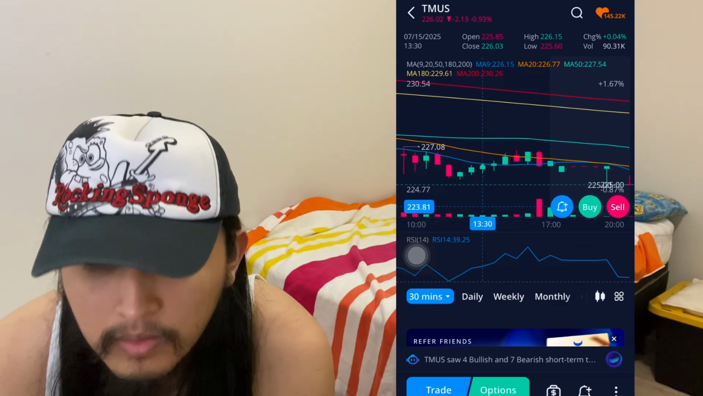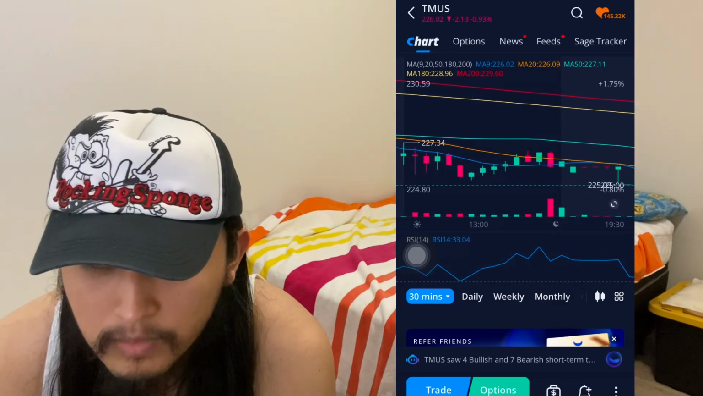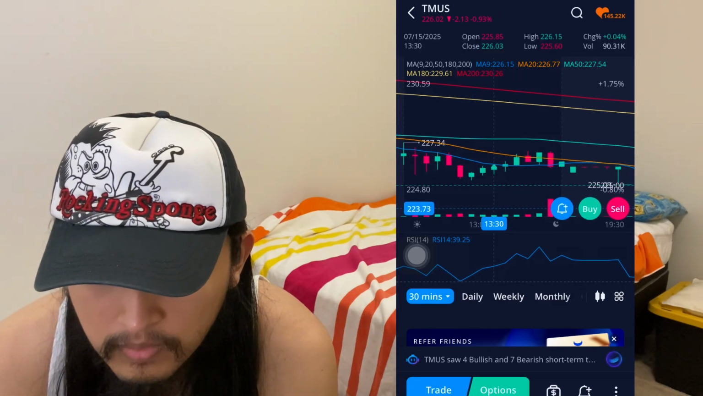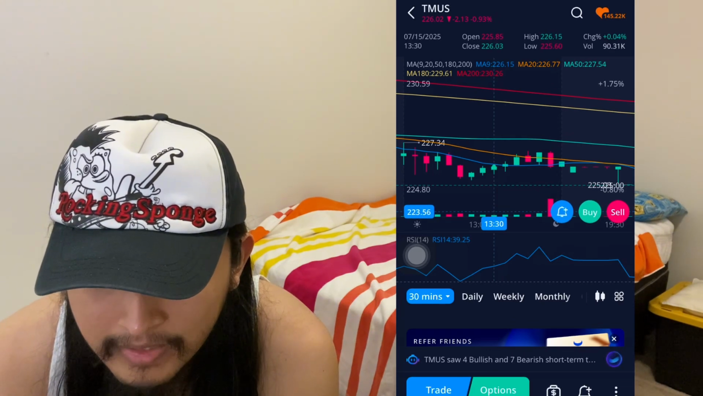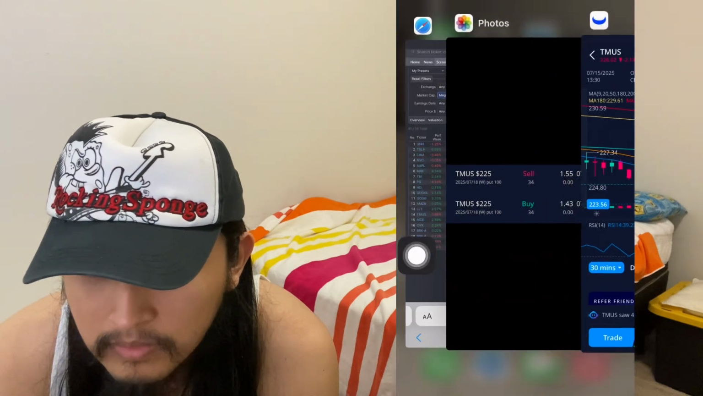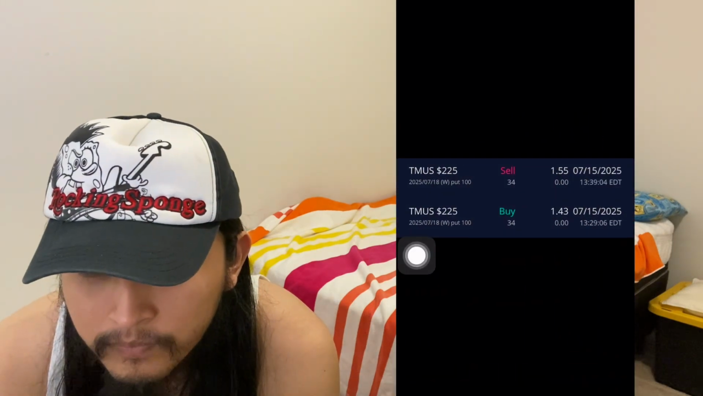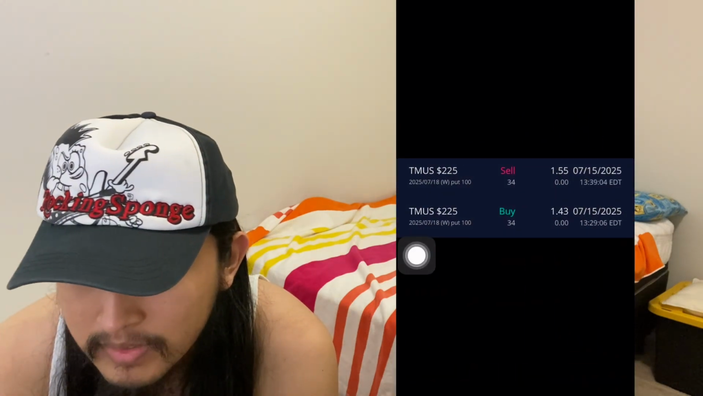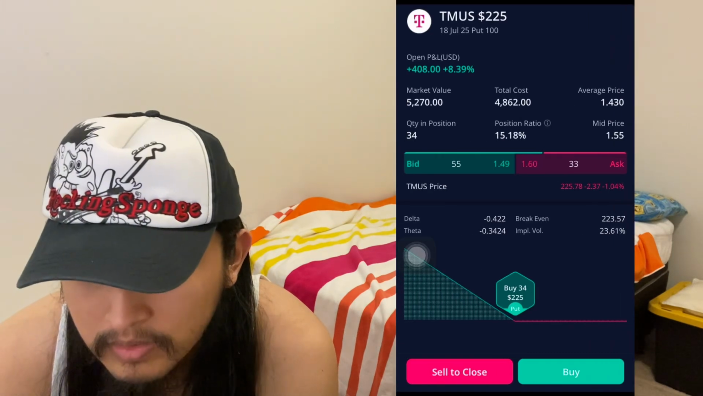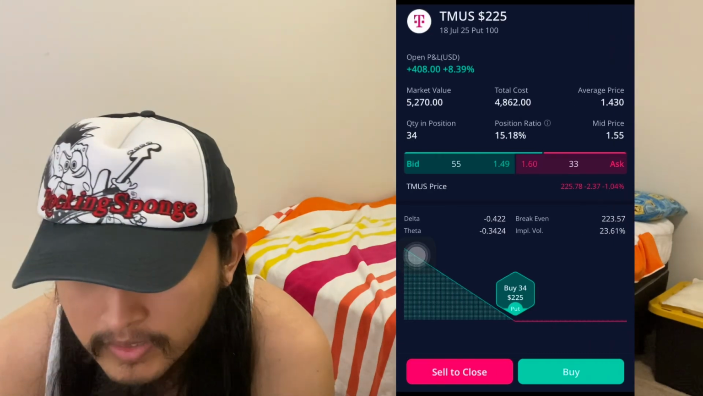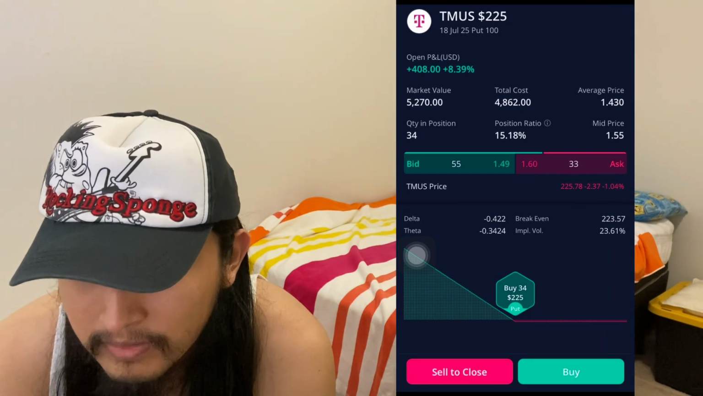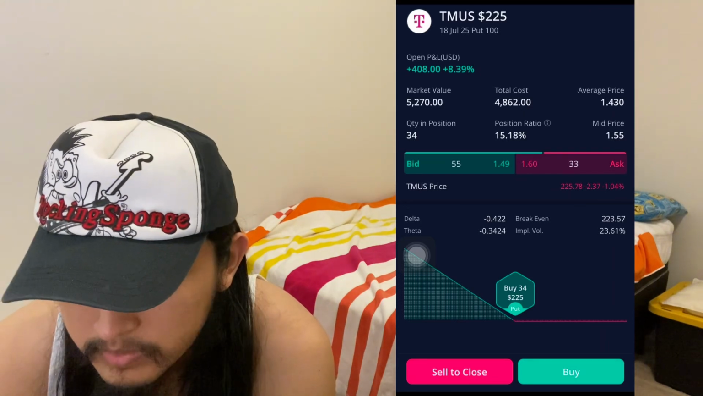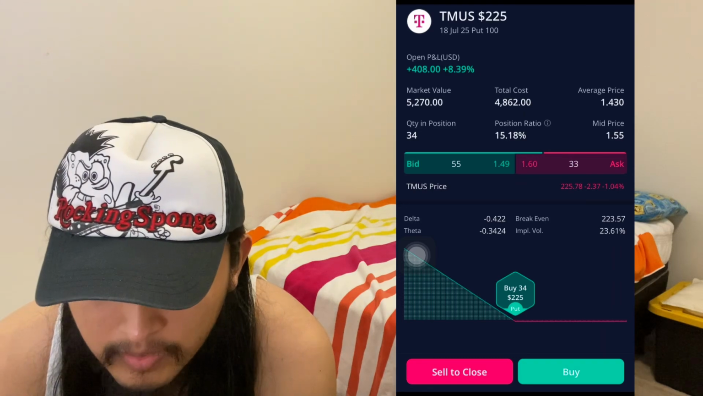So I played T-Mobile put options, waited for a rejection off the 9-day moving average, and then at 1339, once the position was up 8%, close to the 10% threshold, I sold out the position, securing a gain of $408 trading T-Mobile put options. So basically the game plan here was